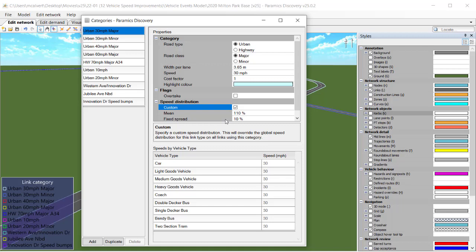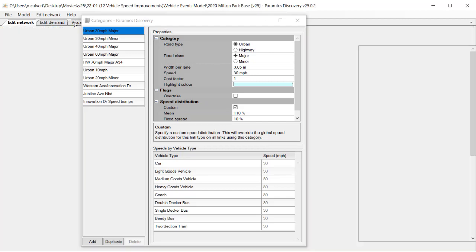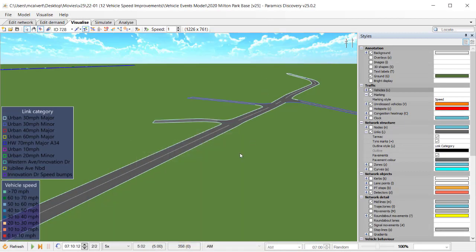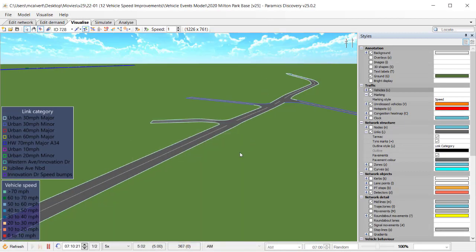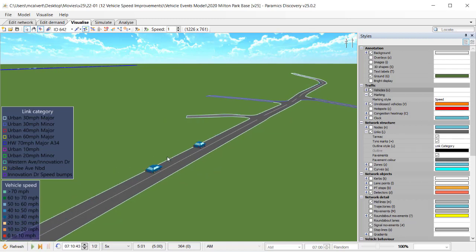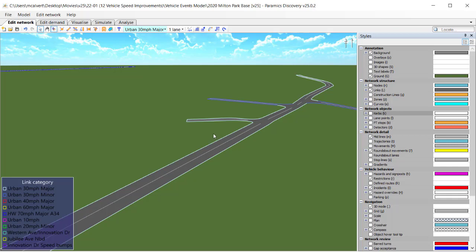If I just go back quickly and look in my Visualize tab, I'll select a few more vehicles and just confirm that they all sit within that range. So that was 32, 34, there's another 32 and a 35. So all of the cars are sitting within the range of 30 to 36